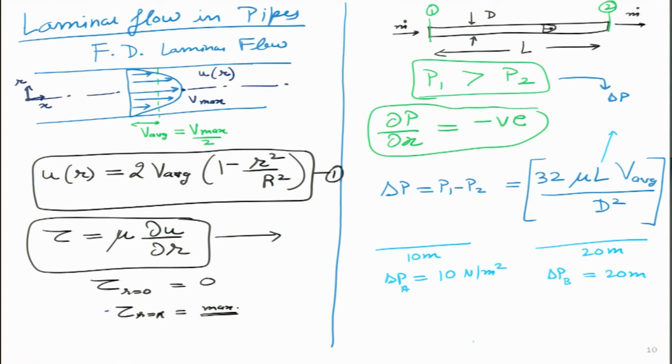Another interesting thing I can see is that it also depends on viscosity. So, a highly viscous fluid will have a very large pressure drop, and if we use a fluid which has low viscosity, then our pressure drop can reduce. And in the limiting case, there is a super fluid which could have zero viscosity. Super fluids can be observed only at very low temperatures and under extreme conditions. There, if you rotate the fluid around in a loop, it would keep on going forever, and it is termed a super fluid.